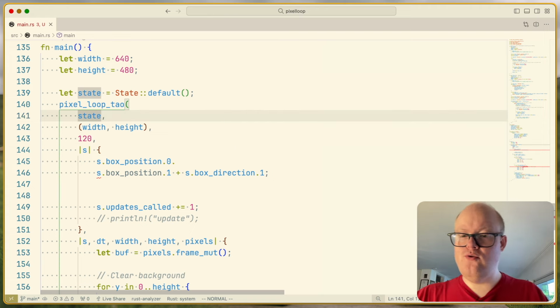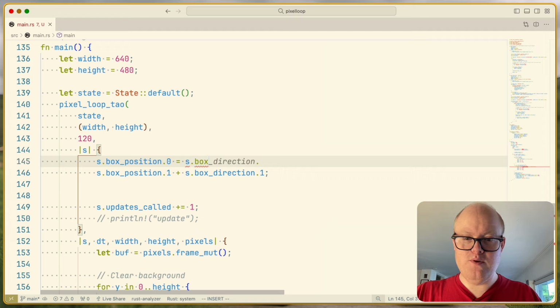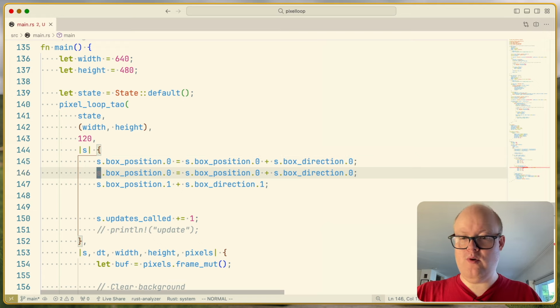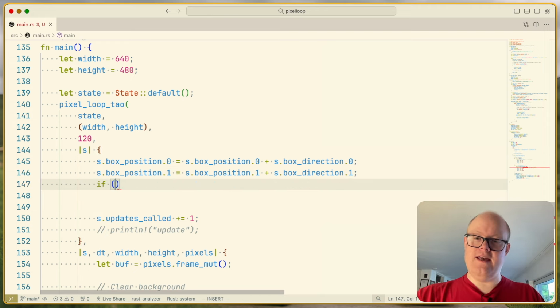So what we want to do now is update box position 0 equals box position 0 plus box direction 0, and we want to do the same thing with this one. And now we are doing the following: